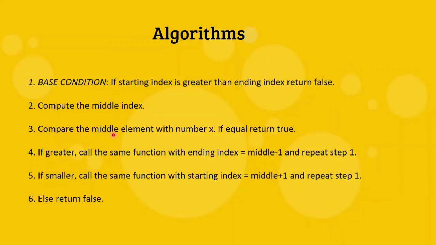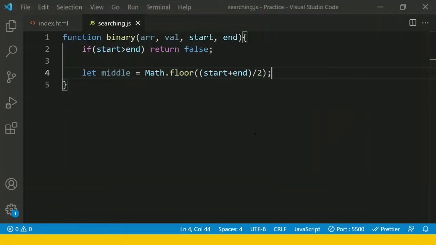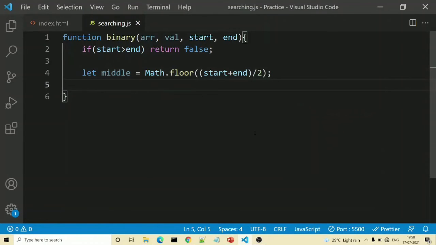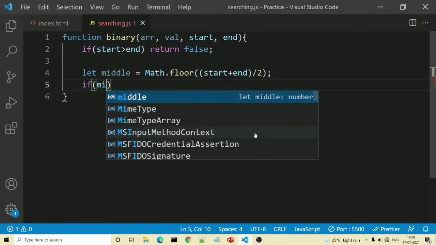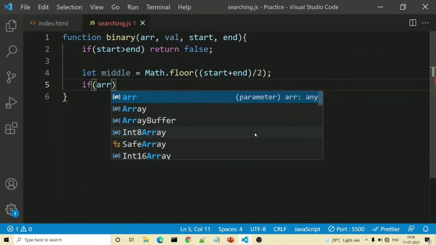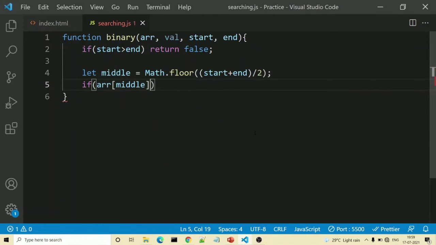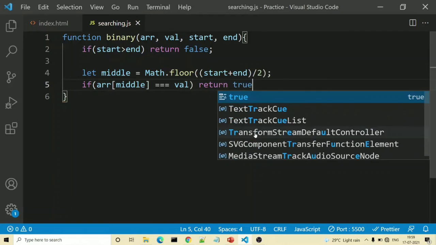And then compare the middle element with the number x. If equal, return true. So we will go down and check if our middle value is the same as the value which we are searching for. For that we will write arr[middle] is equal to the value which we are searching. So we will return true.